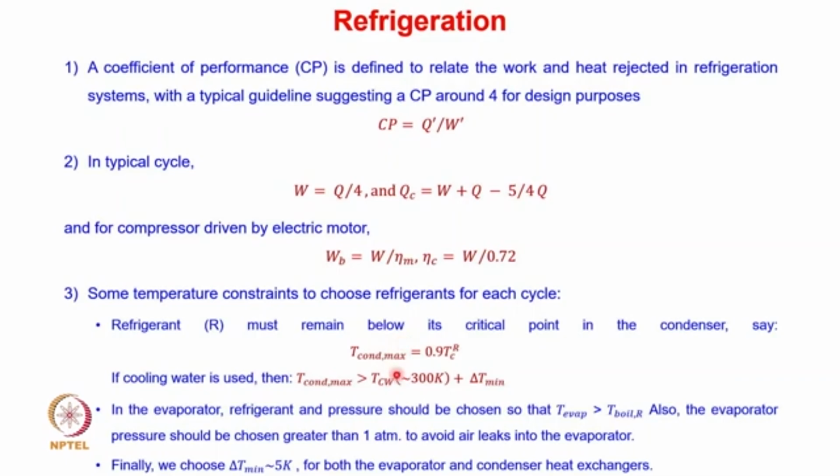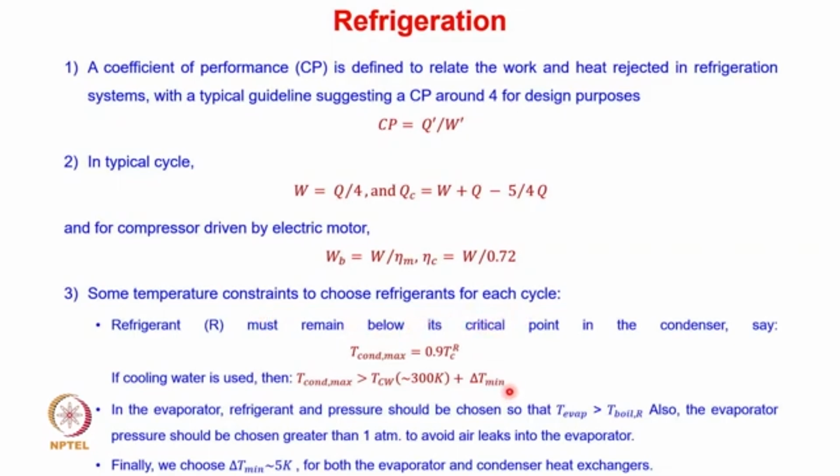So eta M is the motor efficiency, and eta C is nothing but the compressor efficiency. Okay, so we can use these values to calculate WB. Another important point to look at is there are several constraints which we need to satisfy when we are